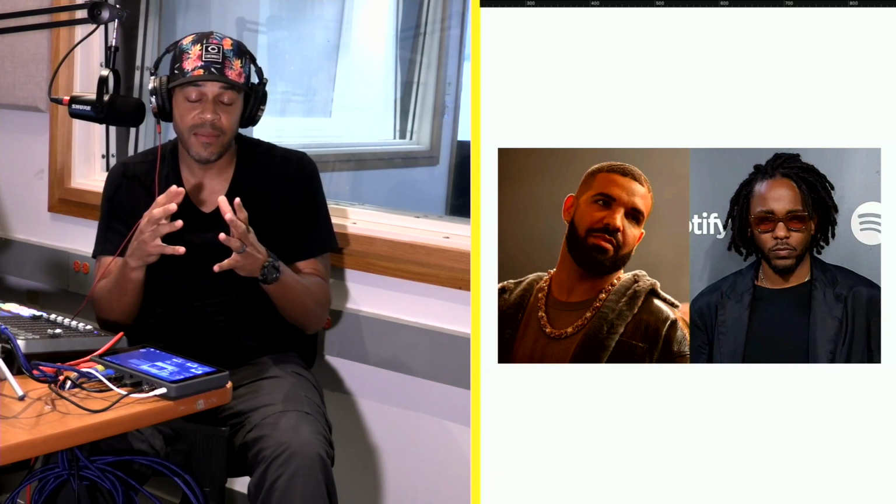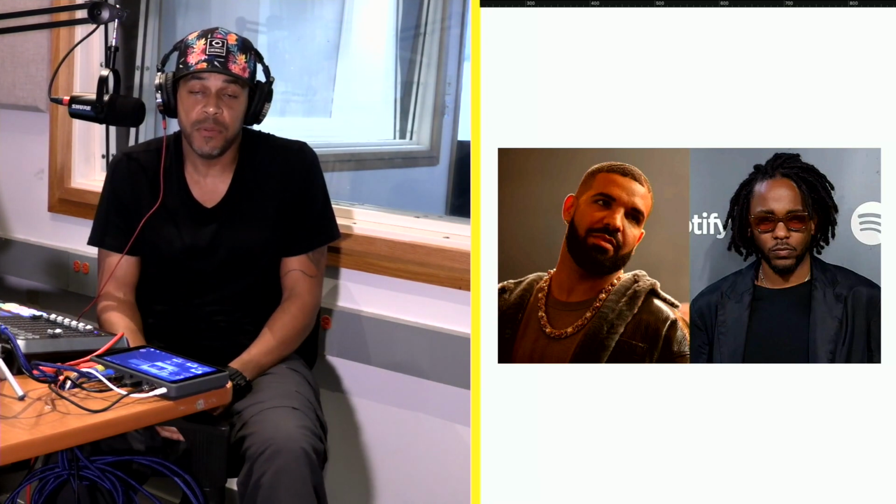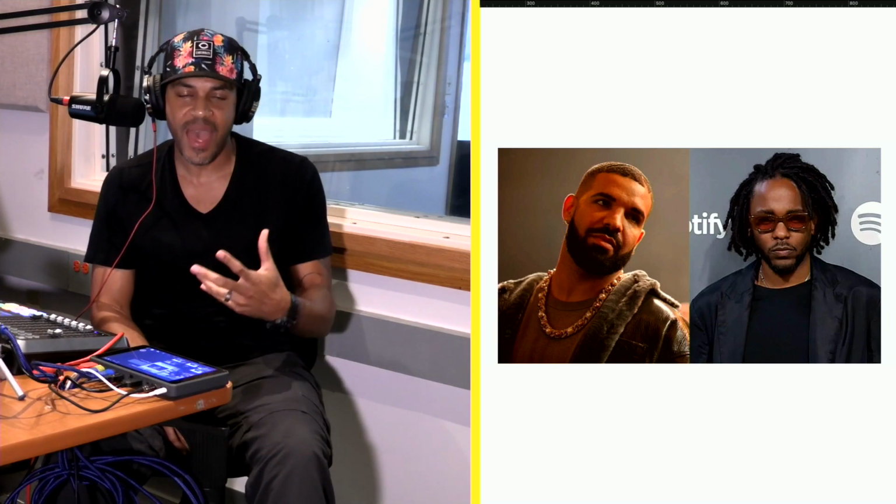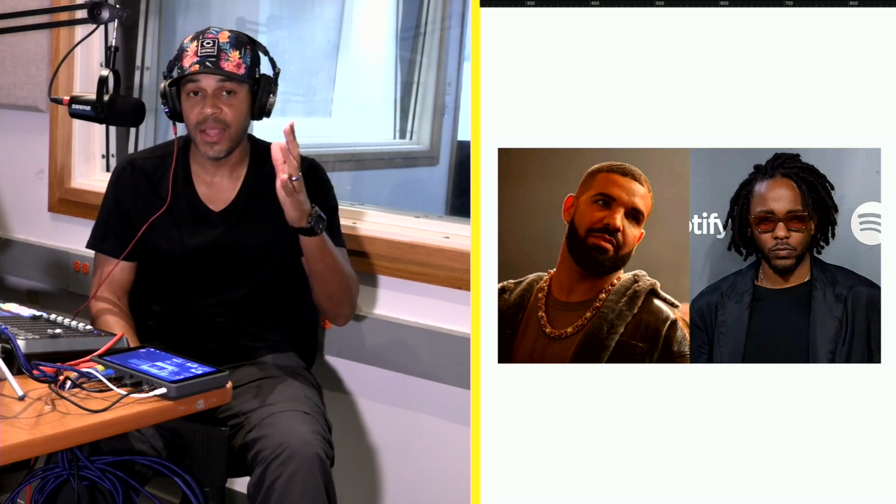He's always on, whereas Kendrick Lamar is the opposite. He might drop an album, but then disappear for four or five years and you might not hear from him. He might appear on a feature here and there, but you don't see him out like that. And that might not be your preference. Your preference might be, I like my stars out, right?